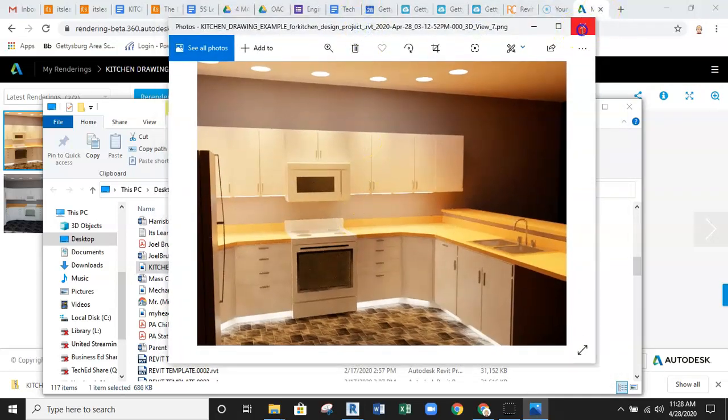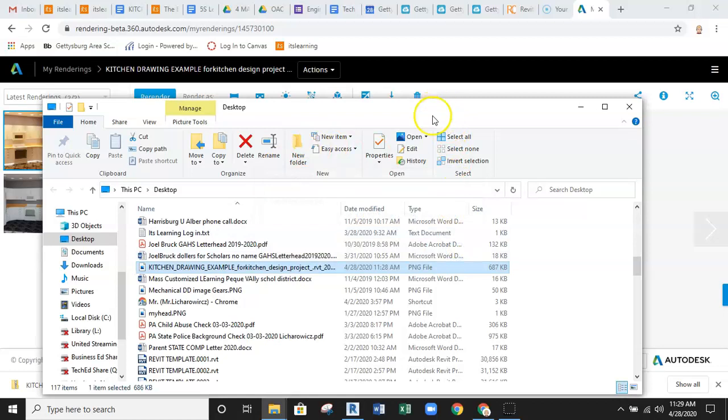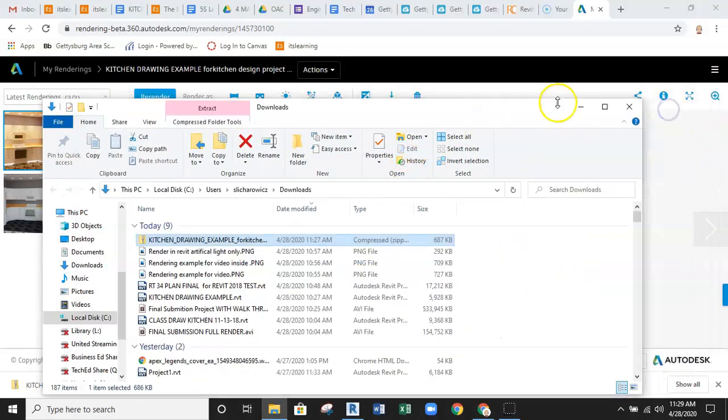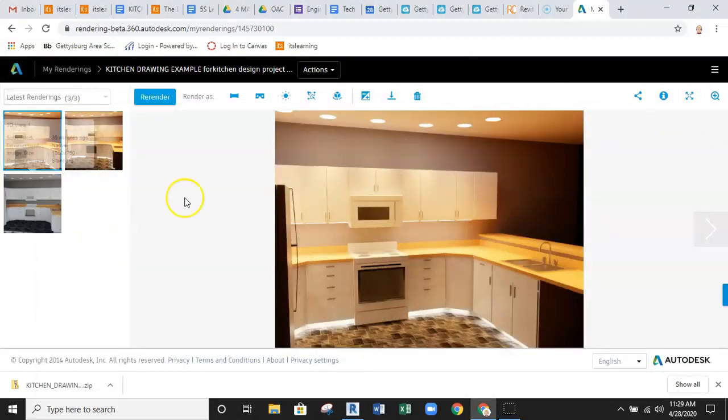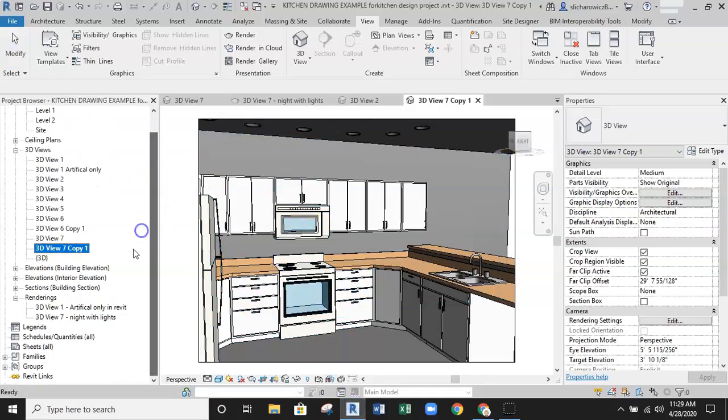So hopefully, not sure whether, well, rendering cloud, looks like we have an error with our panorama. I'll try setting that up and sending it again, and tack it into another video on that panorama. But that gives you the basics on how to set up a still rendering in the cloud and also in Revit. Both of these are able to be done for that kitchen assignment,